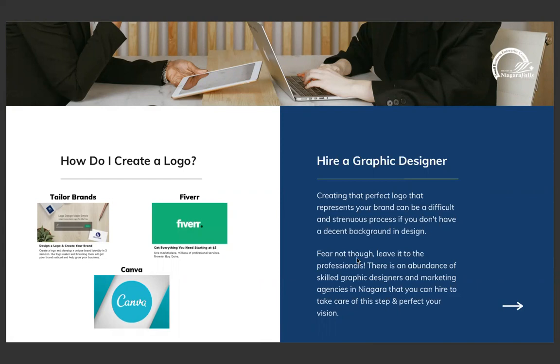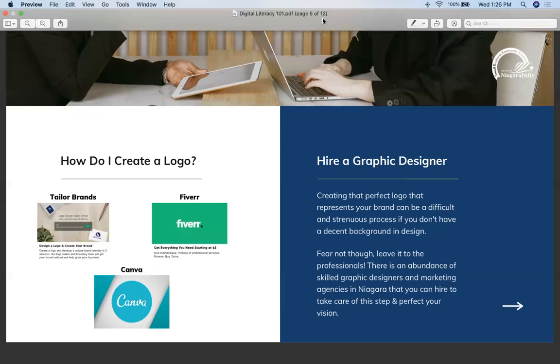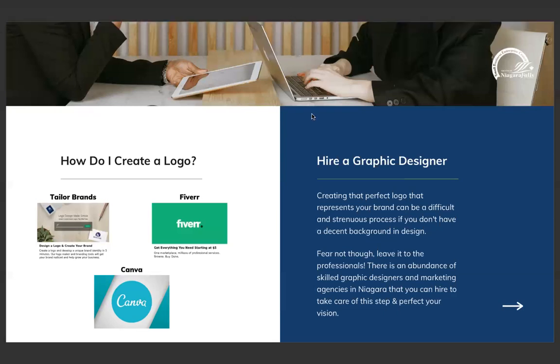So when we go on Taylor Brands, it's going to ask you a series of questions, kind of like a vetting process. What kind of business are you? Are you a restaurant? Are you in general retail? Are you selling clothes? The name of your business, for example, and are you more interested in a typeface or an icon logo, or one or the other? And from there, it's going to shoot you out options that it's actually generated for you that are going to give you some different looks of how your business can look. Sometimes these might not be exactly what you're looking for or a final product, but they're a great first step to start getting the ball rolling in your mind as to what is available. Moving into Fiverr, you're dealing in a little bit of a different landscape here.